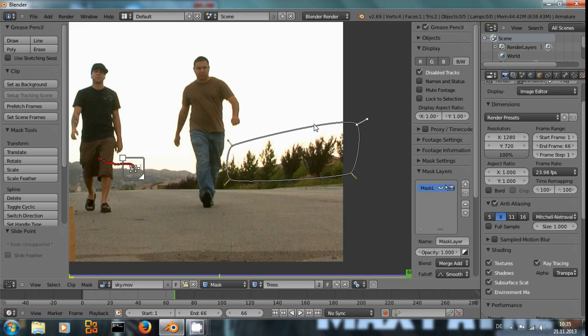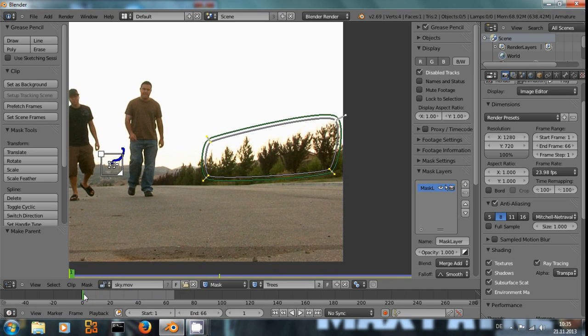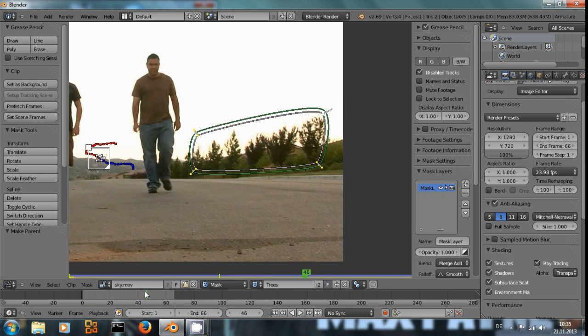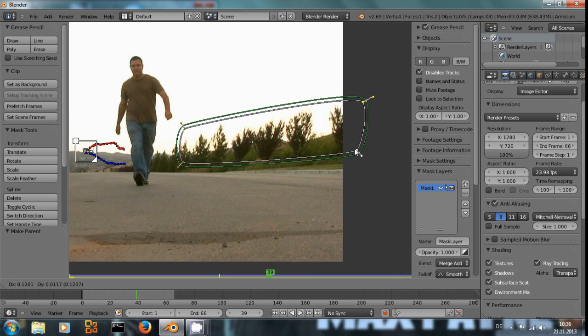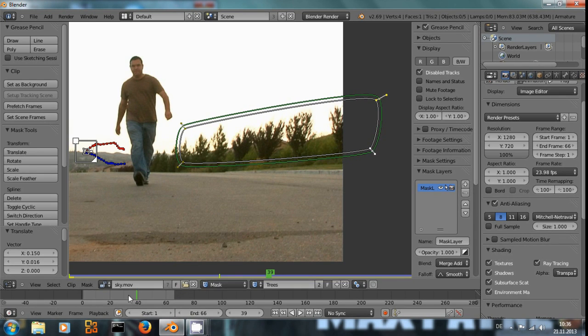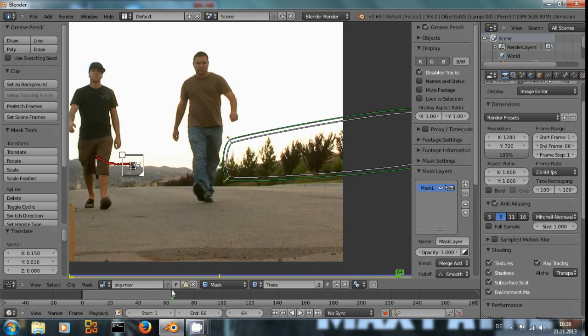So maybe feather it out, Ctrl-Z, feather it out a little bit, just like so, and select everything. And once again we have our tracking point still selected. We press Ctrl-P, and that way the mask stays in place. And I just noticed I'm not fully white enough. With this in place, we now have our tree line covered completely,